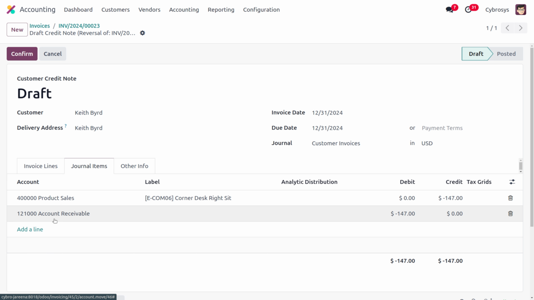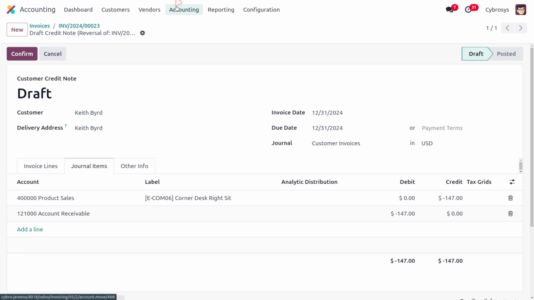Under the account receivable, it is also indicated as minus 147. This is because we have made a mistake in the entry and we have reversed that. So there is no chance of getting this money and moving the product off from our asset area, right? That is indicated with a negative symbol as a result of the reversal.